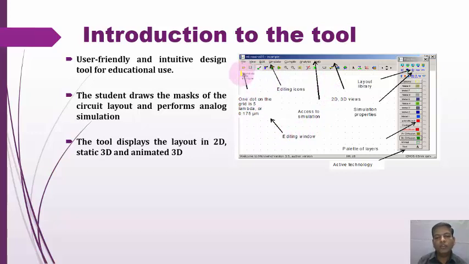Whenever we initialize Microwind, here the 3.5 version is there, in which 5 lambda is 0.175 micrometer technology. One dot on the grid is 5 lambda, meaning the distance between these two dots is calculated in 5 lambda or in 0.175 micrometer.